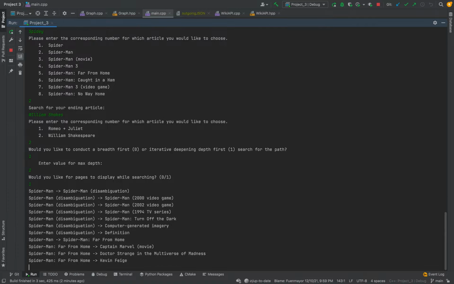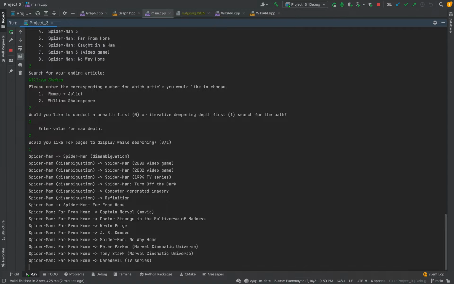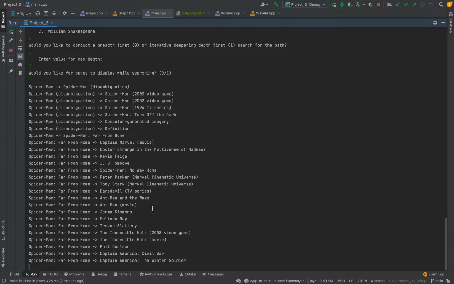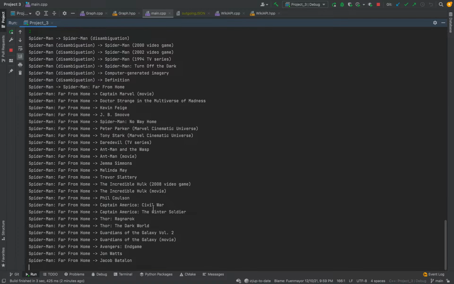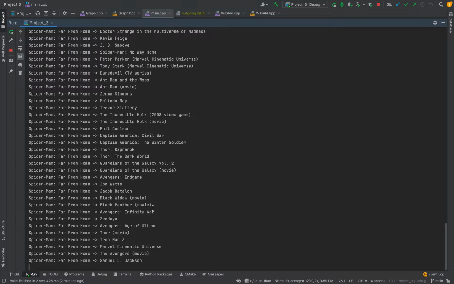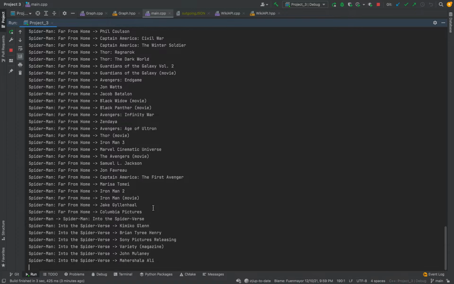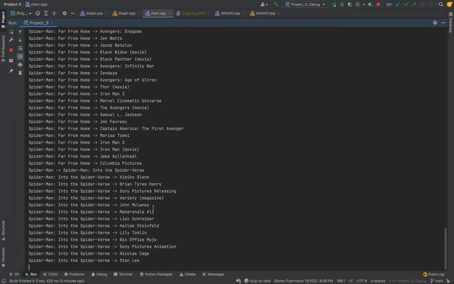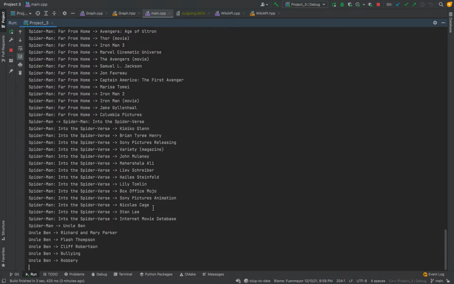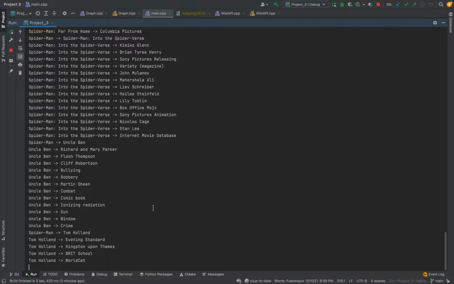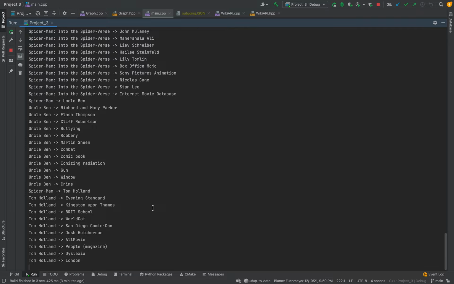We obviously don't want to actually do depth first into a database so large because it'll go so deep in, it'll take forever. It's making API calls for each of these. Each line you see is an API call that it's making. Every time you get to an article, it makes an API call to all its outgoing links, and then it goes to the outgoing links and makes API calls for those. The API calls can be kind of expensive, so we did a modified depth first search, which goes a max